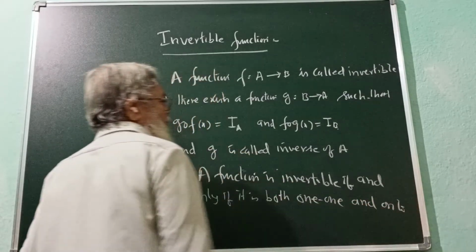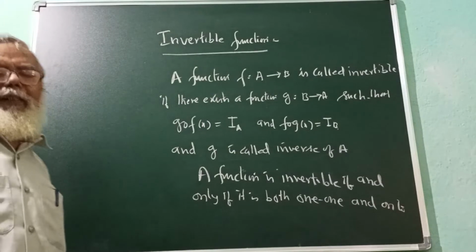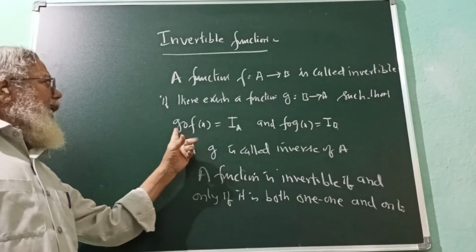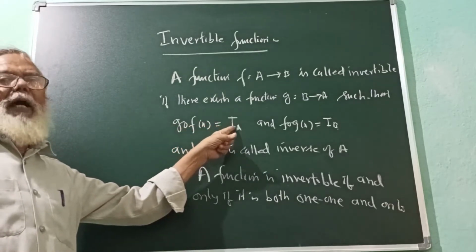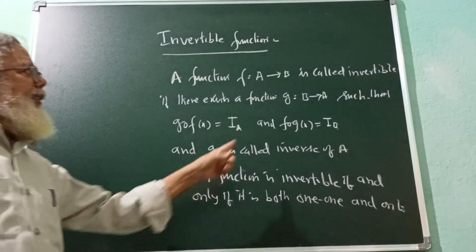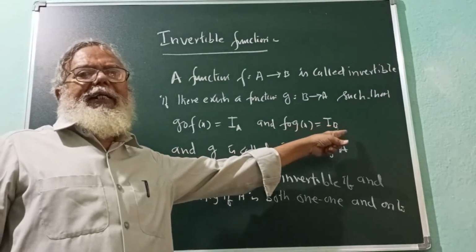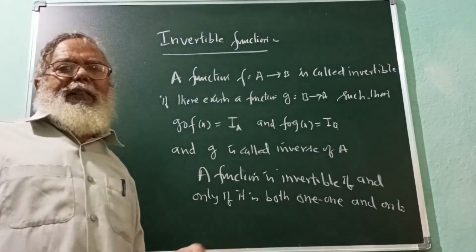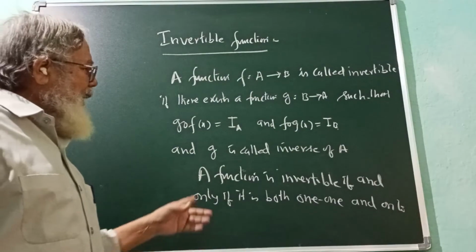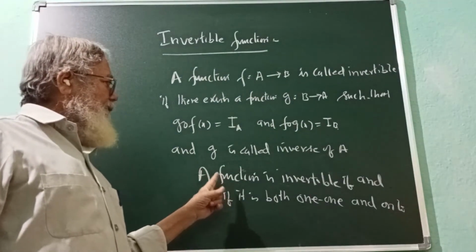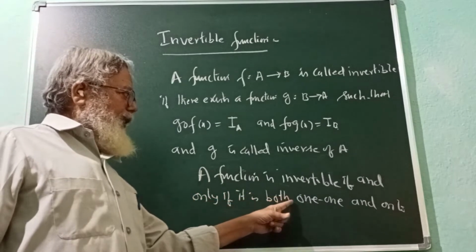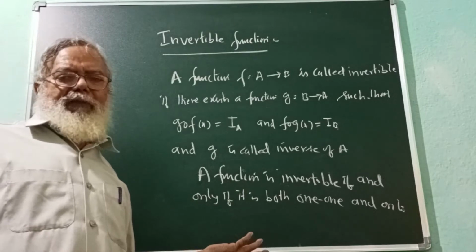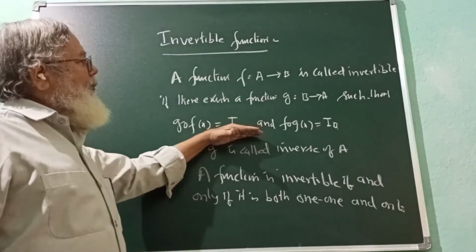So now, whenever we have to prove that a function is invertible or not, first we can apply the definition and prove that g composition f is the identity mapping I. Similarly, f composition g is equal to the identity mapping I. Then automatically it is invertible. There is one more method to prove the function is invertible: according to this definition, we have to prove that whatever function is given, it is both one-one and onto, then we have to go for the inverse of that. So we adopt the first definition method.